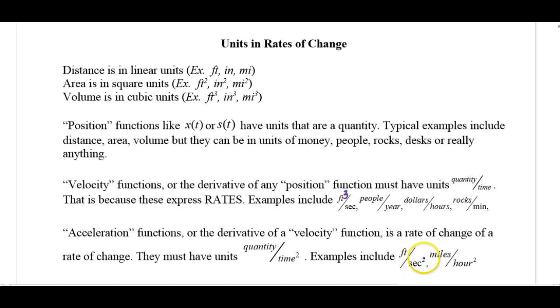So it's important to understand the difference between the time unit being squared and the quantity unit being squared. I know that I have an acceleration function when my time unit, on the bottom of this rate, is what is squared. So this one up here, when I said feet squared per second, would be a unit of a velocity. Feet squared is a quantity, so this is an area over seconds. This is an example of a velocity, but a lot of people get it confused with feet per second squared,